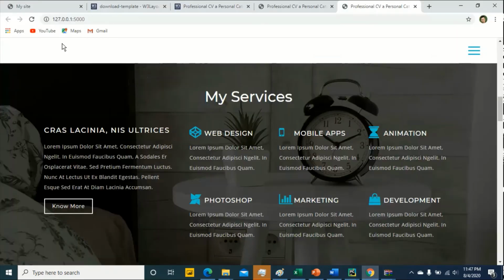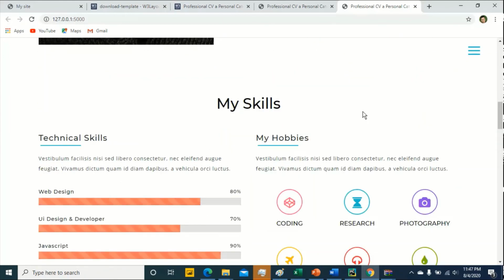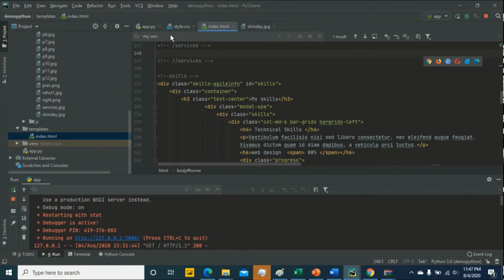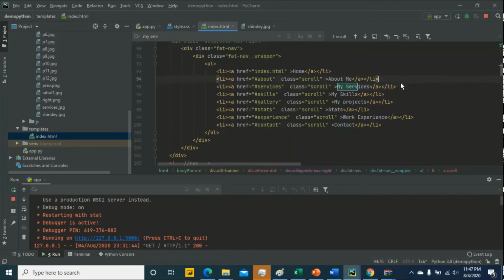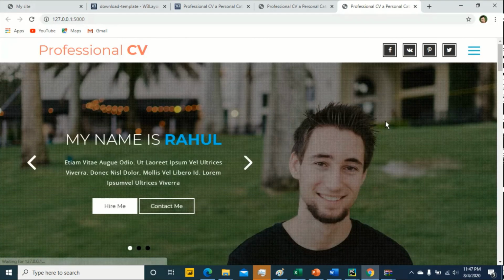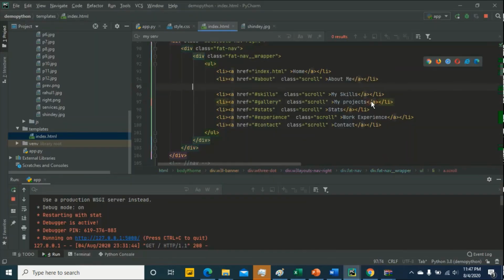Just control S and refresh it. Your my services is not here. Okay, if you want to delete from this one also, same process, my services. Just click on here and just delete it from this one. So control S. Okay, I just control C edit.